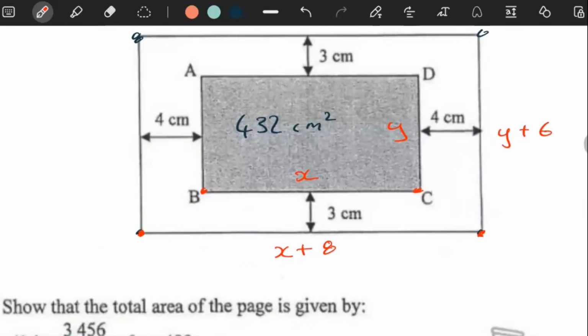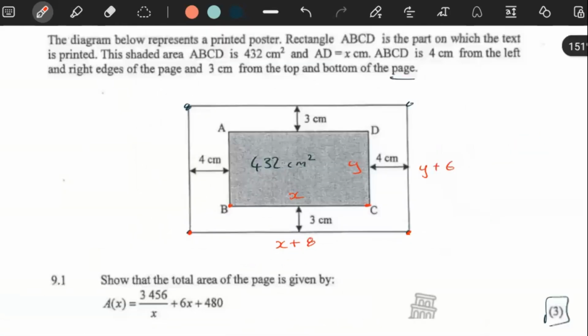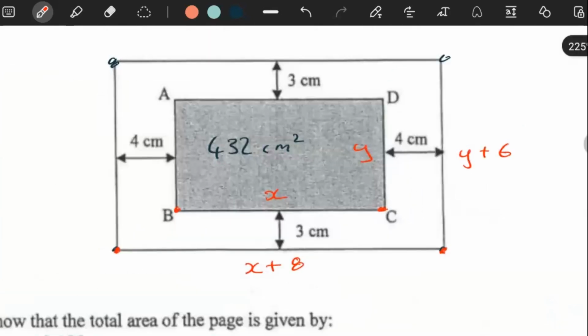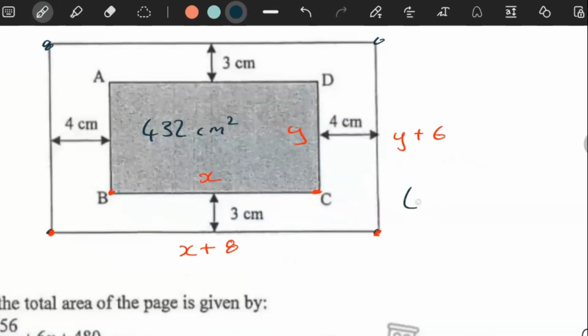what can we say now? It's a 3 mark question only, so I don't overthink this. Oh, yes, I got it. This middle shaded part, we know that the area is 432, and 432 is equal to x times y, meaning we can make y the subject of the formula. So y is equal to